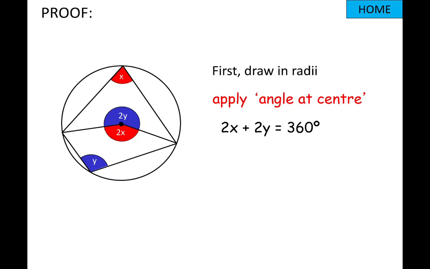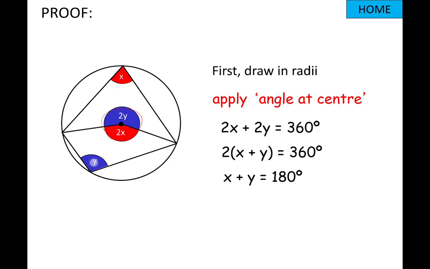That means 2x plus 2y is equal to 360 because they are angles around a point. If 2x plus 2y is equal to 360, that means we could extract 2 as the greatest common factor. 2 times x plus y is equal to 360. If we divide both sides by 2, we get x plus y is equal to 180,